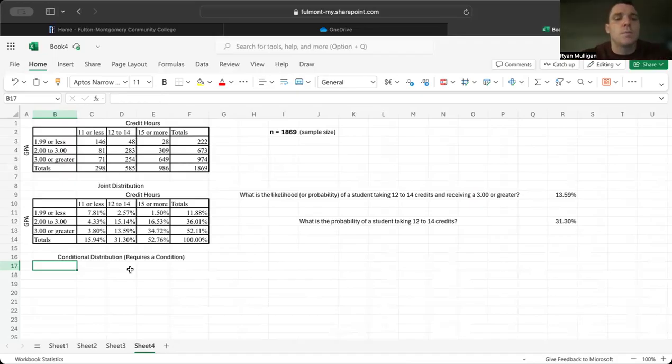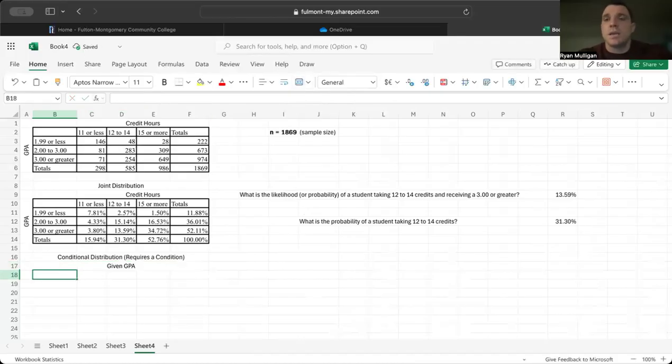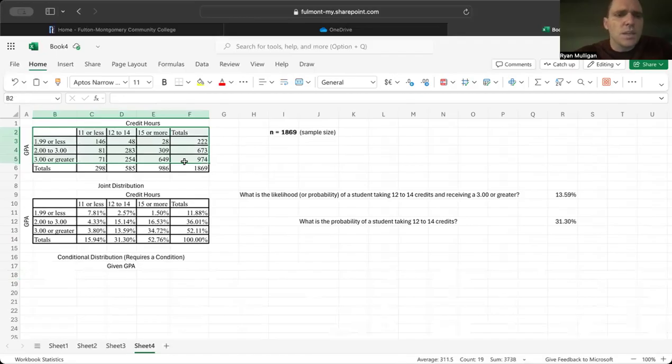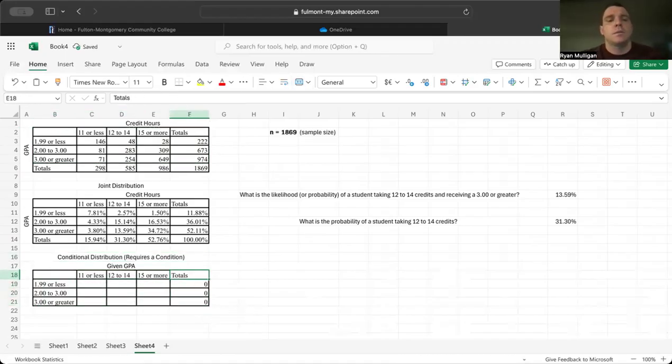Okay, so for this first one, I'm going to focus on given GPA, meaning I am going to be given that the GPA is 1.99 or less, given 2 to 3, given 3 or greater. And then I'm going to find the probability of, and I'll start to go through this. But what I want to do is take the same table that I had before, except notice which side I am taking the givens from. And I'm going to delete all the cells in here, and I'm going to put in